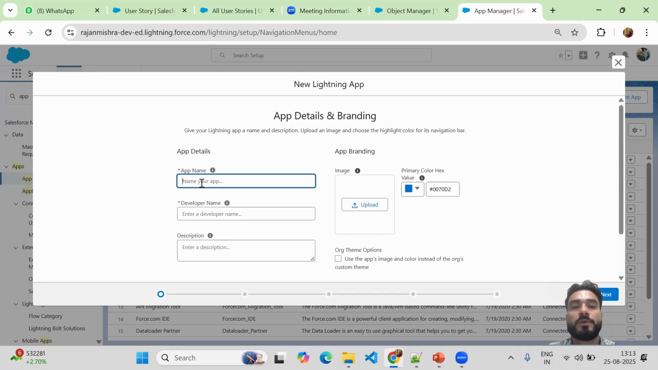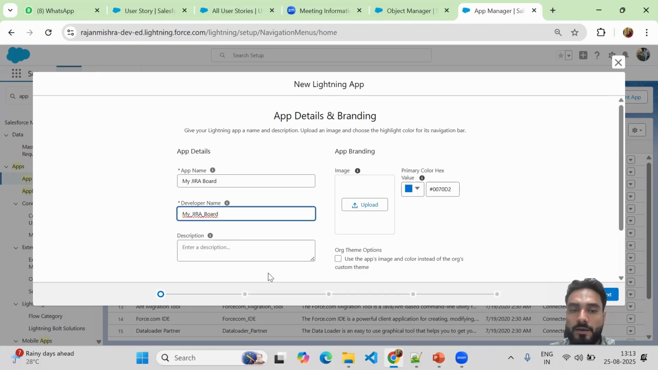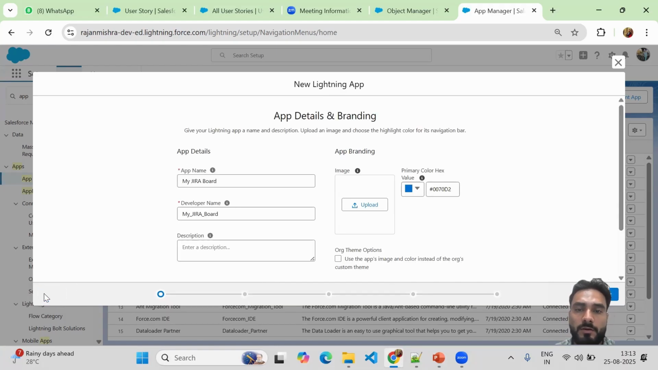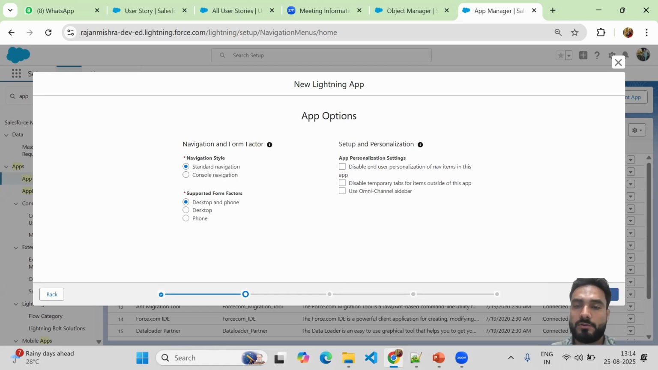and we have to give the name of the app. So I will be giving the name as My Jira Board. So we can give the name according to the business requirement. So for testing, I'm just using My Jira Board, and we can add any description if we want. And here we can upload the logo if you want to upload any logo for this particular app. I'm not giving any logo for now, so I will just go ahead and click on next,